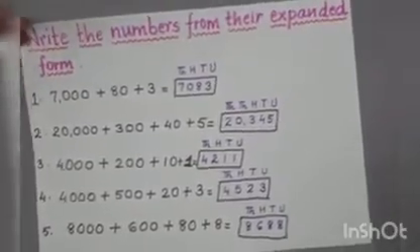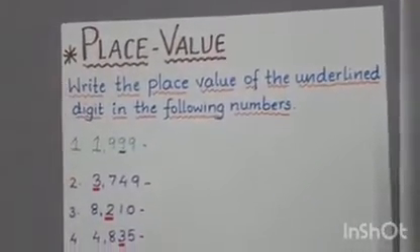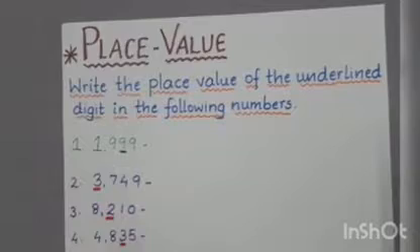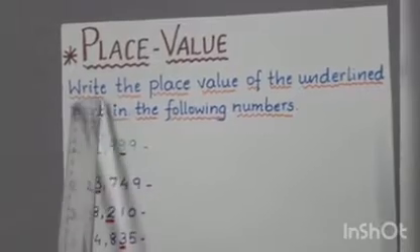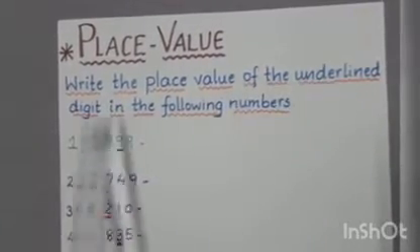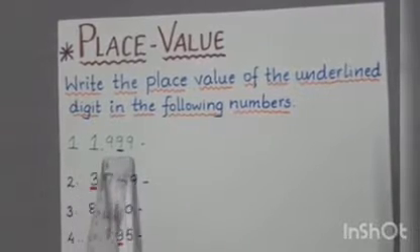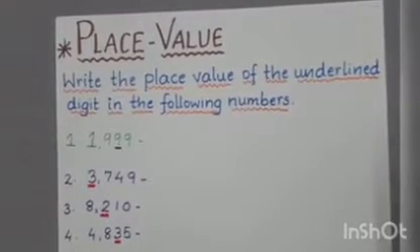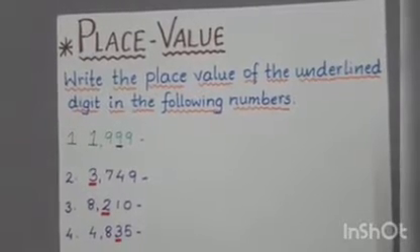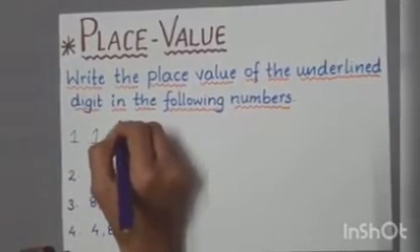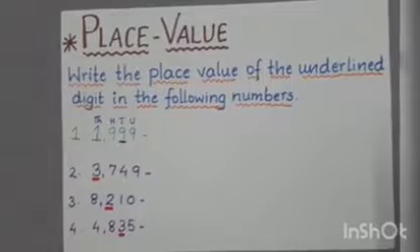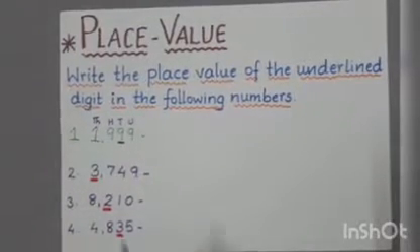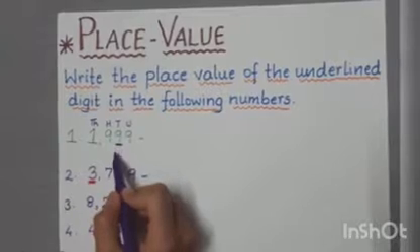Very good. So now let's go to the next one. Next we have is the place value. Place value is nothing but you have to see the number is in which position. So let's see, write the place value of the underlined digit in the following number. Number is given, we have to write the place value of it. So let's begin. First, in the question itself, we will write unit, tens, hundred and thousand, so that it becomes easy for us to complete the sum. So now the underlined digit is 9 and 9 is in tens place.